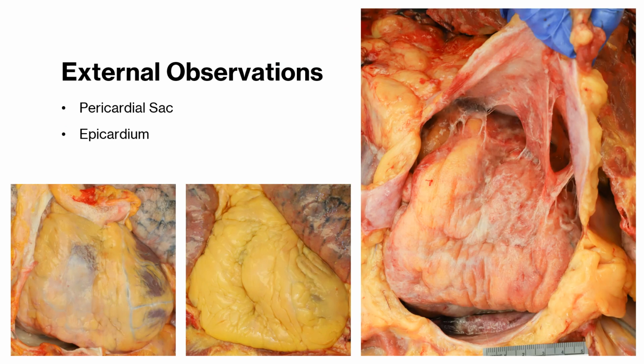Now, getting into our more abnormal findings within our external. We'll begin with the photo to the right. What we have is an open pericardial sac again, held by this gloved hand. And what we can see is these stringy bands between the pericardial sac and the epicardial surface. These are known as fibrinous adhesions. They can often be seen after people who have undergone a surgery or if some sort of infectious etiology is